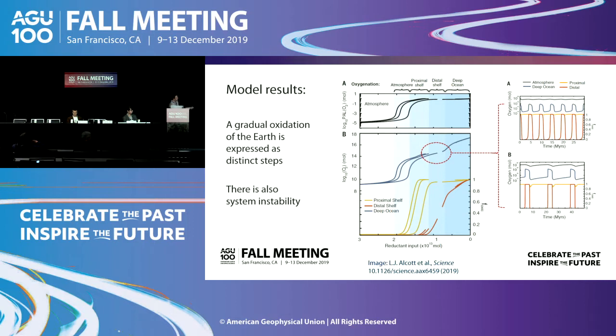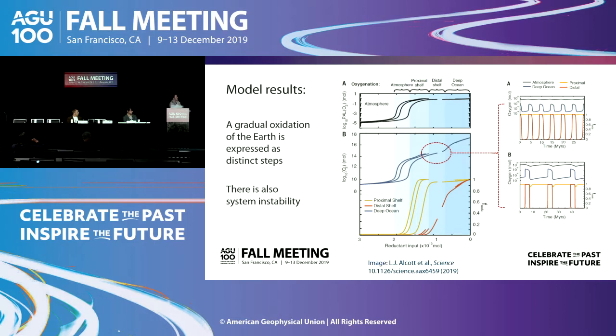And even more intriguingly, we have these broken lines. So this is where there's no steady state in the model. And if we zoom into those areas and have a look, we see there's an oscillating solution. And this is because you're sitting between a strong positive feedback that's trying to oxygenate the system and a strong negative feedback, which is the overall export of carbon from that system.